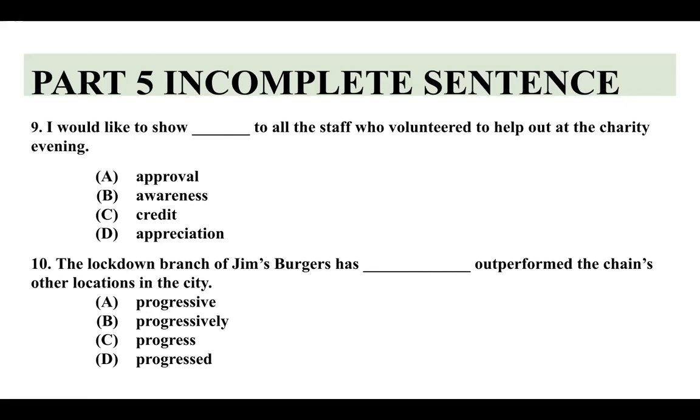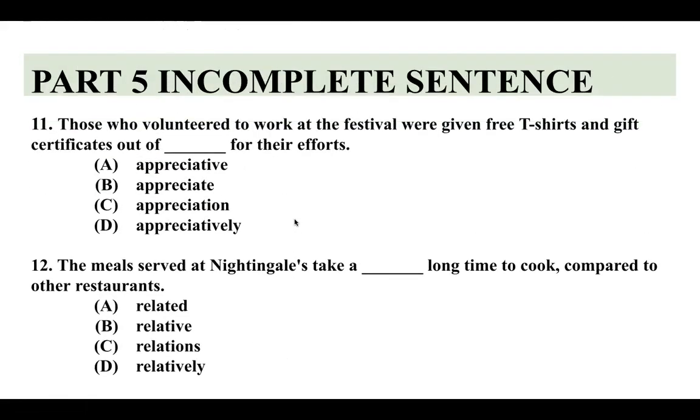เป็นไงบ้าง happy นะครับ เคลียร์ไหมครับทุกคน ถ้าเคลียร์พิมพ์เคลียร์นิดนึง เดี๋ยวเราจะทำต่อ วันนี้จะทำข้อสอบประมาณ 20 ข้อ เพื่อดึง comprehension ของเรา จะหนักนิดนึง มาดูที่ข้อ 11: everyone who volunteered to work at the festival was given a free t-shirt and gift certificate out of blah blah blah to their efforts ซ้ำกัน ตอบข้อไหนดี ลองตอบเล่นๆสิ appreciative of ตัวนี้ตามด้วย noun appreciate หรือว่า appreciation, appreciatively ตอบ C ครับ พิมพ์ C ครับผม 11 ตอบ C อย่างรวดเร็วนะครับ เพราะมันทับซ้อนละ